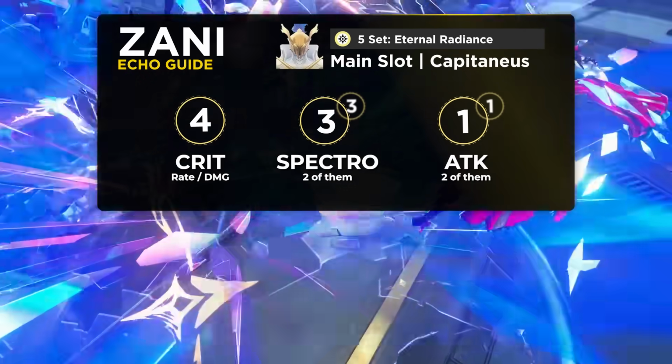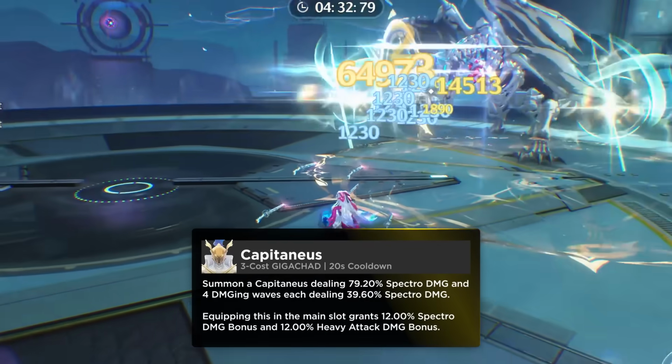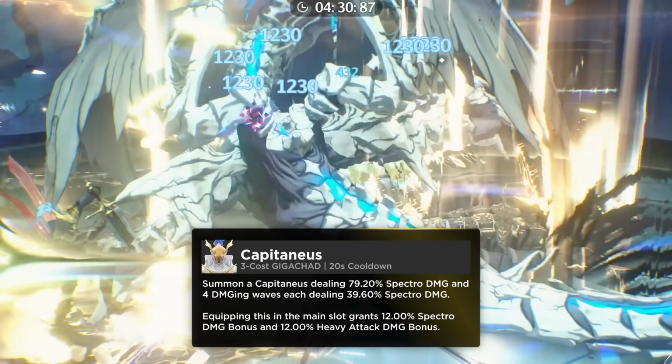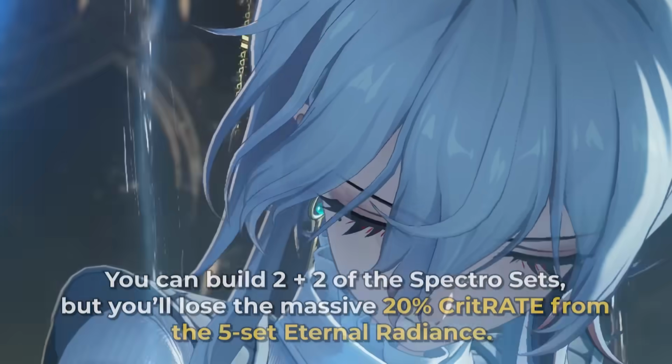In your main Echo slot, you'll want to use the Capitanius? Oh, Captain, my Captain. That Echo gives you some passive heavy and Spectre damage bonuses, but also it's a summon Echo, meaning it doesn't take any of Zani's field time and still dishes out its damage when you activate it. And on top of that, this guy mogs literally every other Echo. There are other options